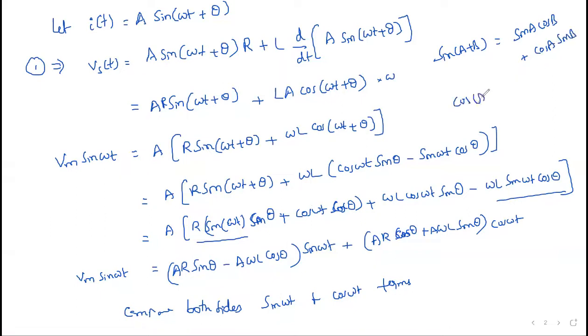And cos of A plus B is equal to cos A cos B minus sin A sin B, right? These are the formulas. So we made a mistake here. Yes, we'll correct it. So here it is sin A cos B, and here cos A sin B, and this is cos A cos B here. Okay, I am correct now.